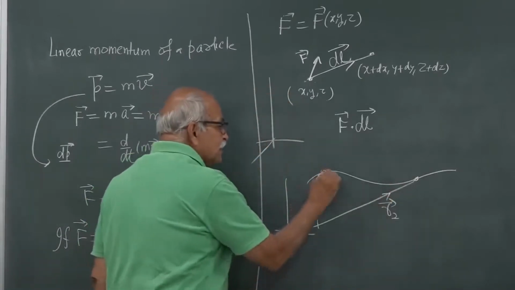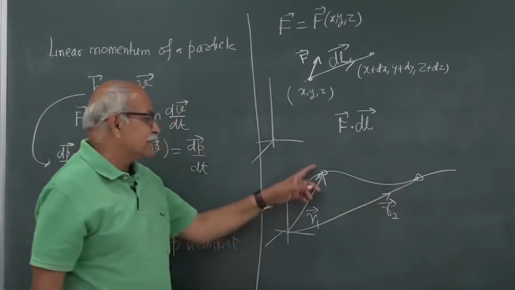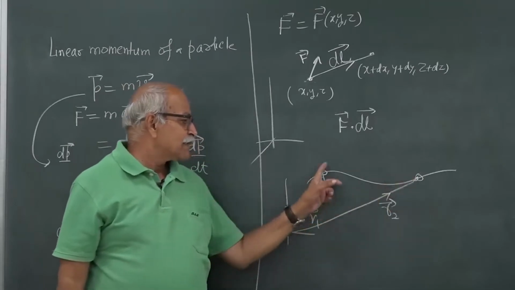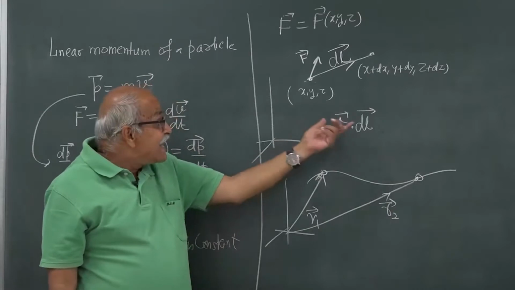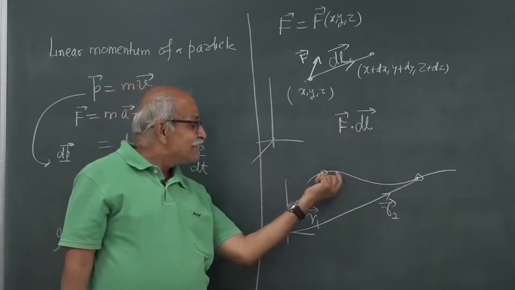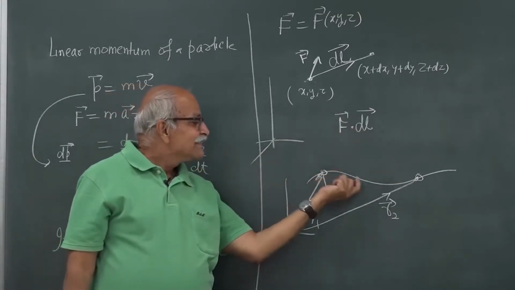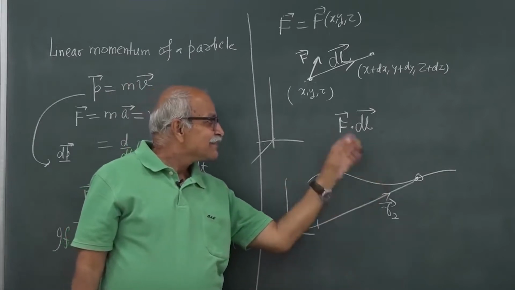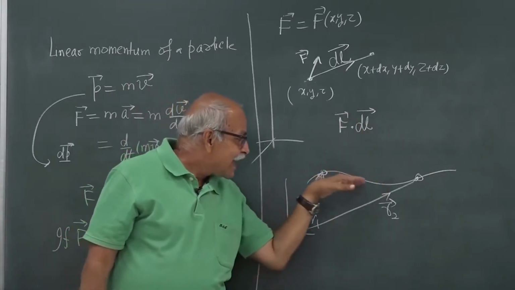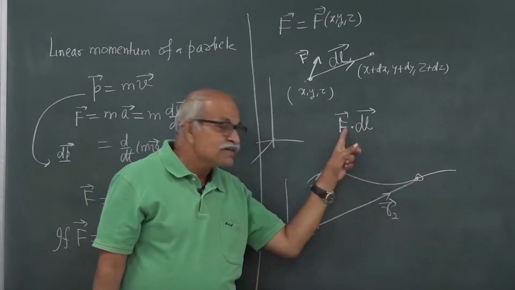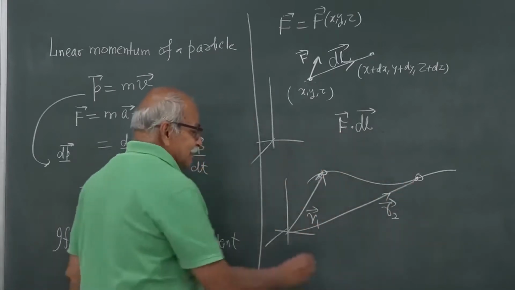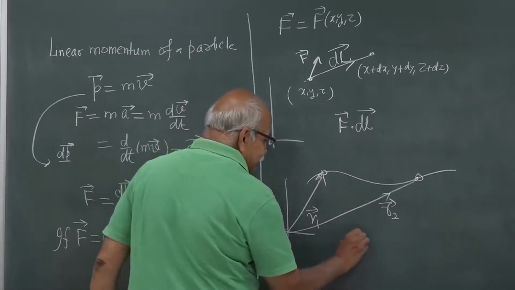I am going from here to here, a big distance, not infinitesimal. I can add all these quantities, F dl here, F dl here, taking infinitesimal lengths, constructing this and adding all of them. That will be the integral of F dot dl